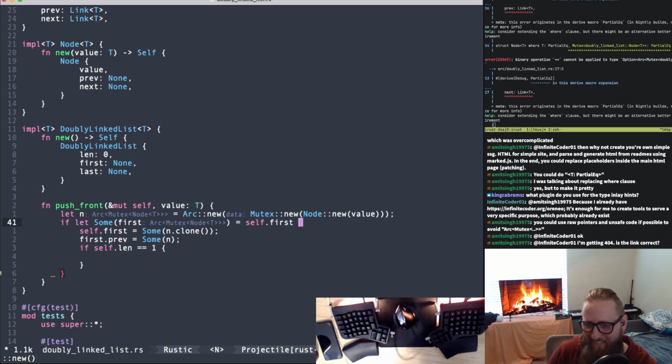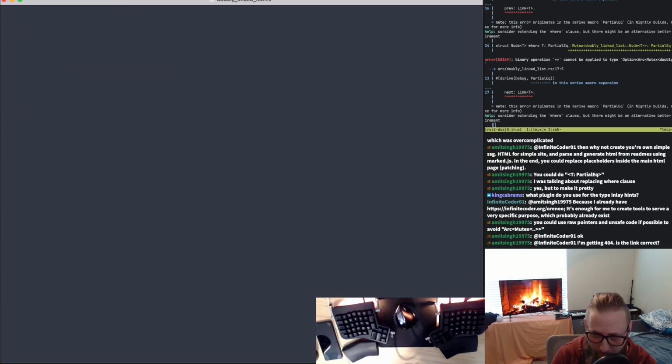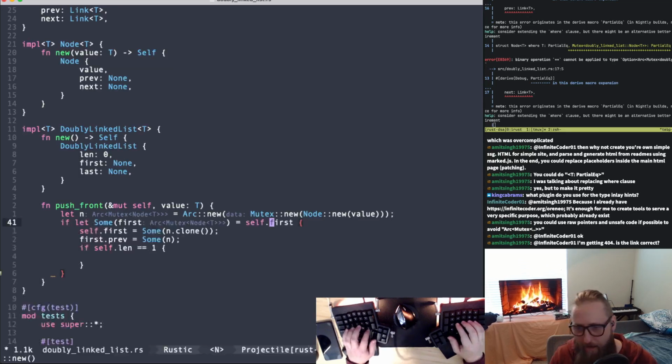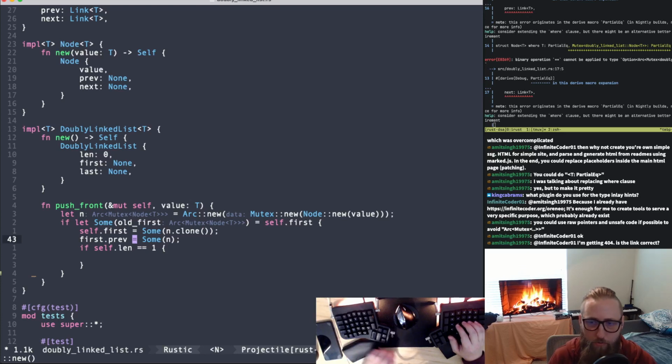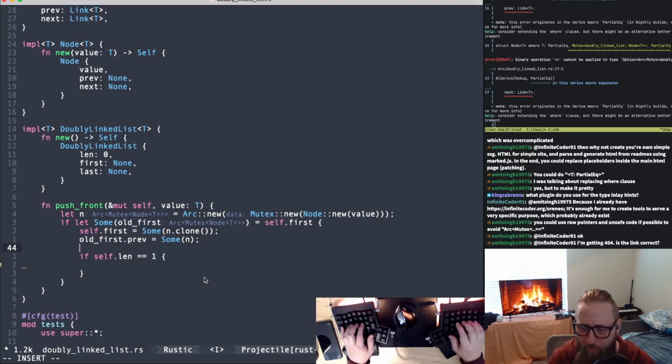The first thing that we do is we say self.first is now our new node. We already have first in the old first, right? We already have that. So this is fine. How about this? We'll call this old_first. First is such a weird word. Isn't first a weird word? Okay, I promise I'm not high right now. Self.first equals Some(n.clone). Okay. Then we go with old_first.prev equals Some(n). We're good with that. The next thing we have to do is say,